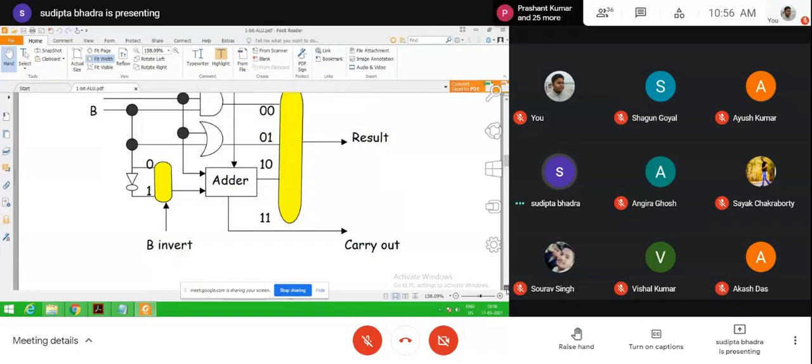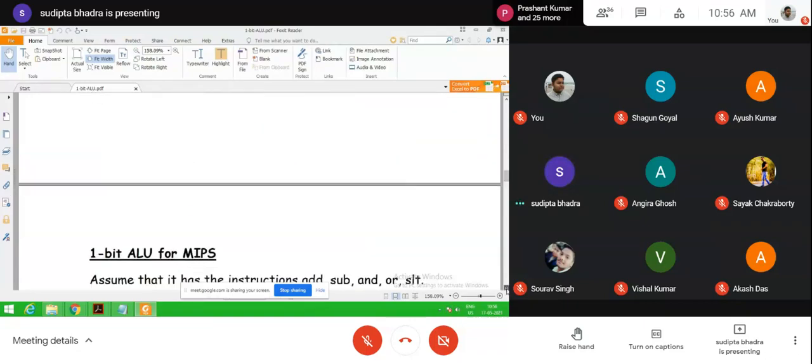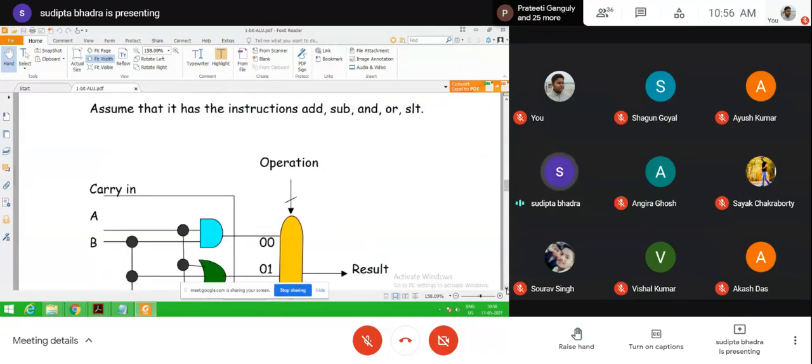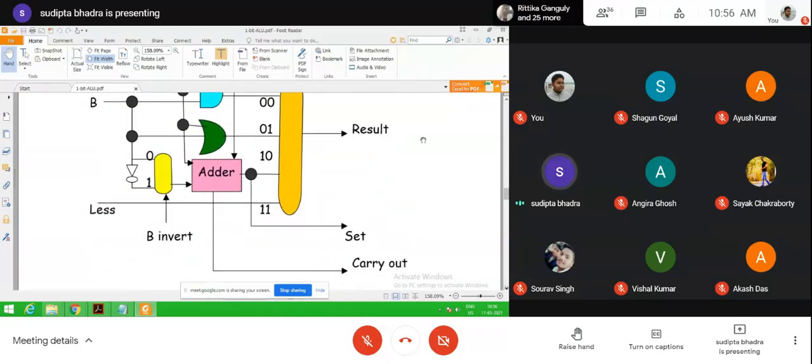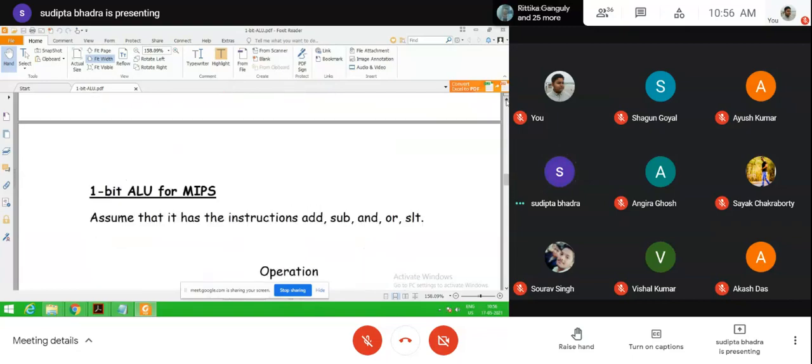So here, 1-bit MIPS. In case of MIPS, SLT is used, set less than.